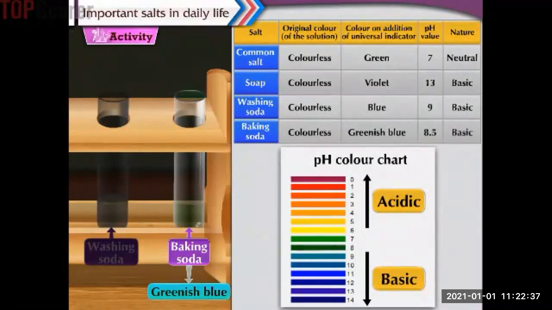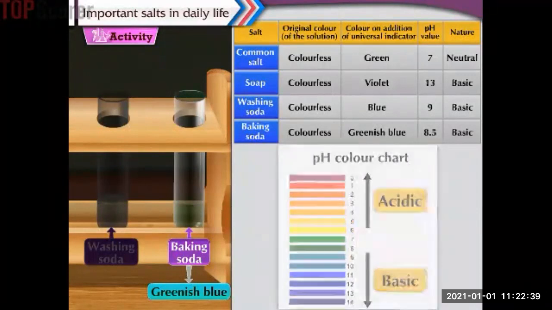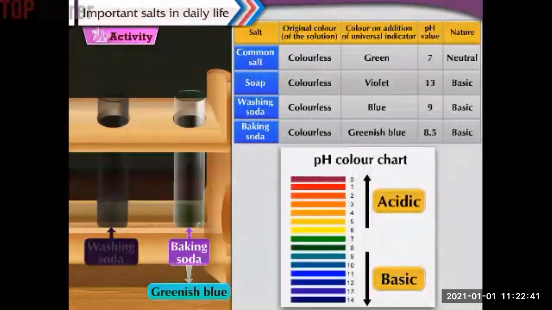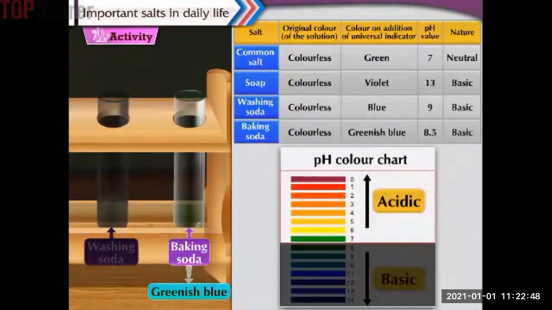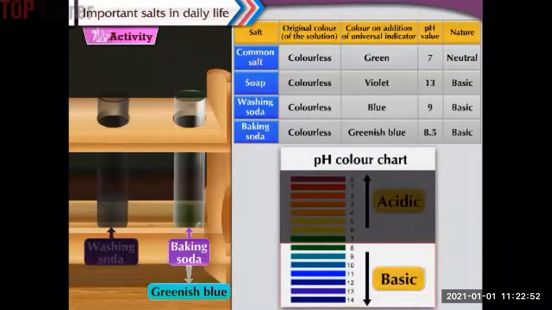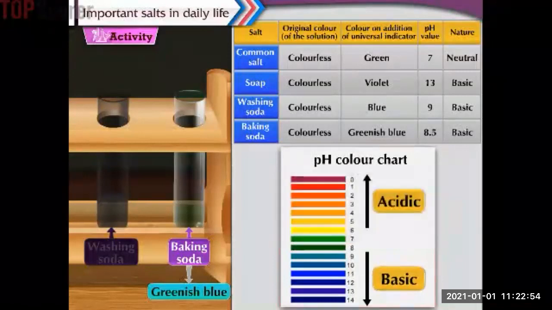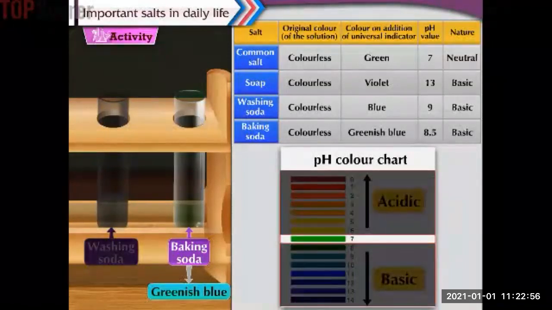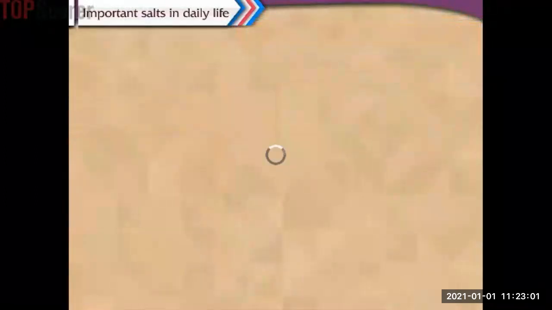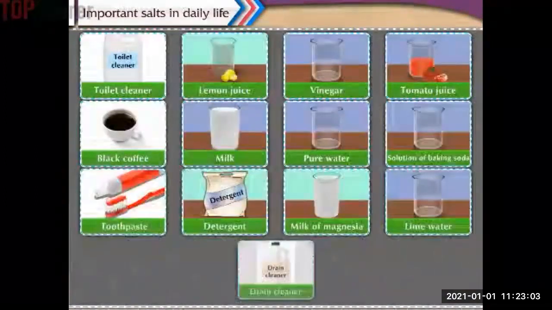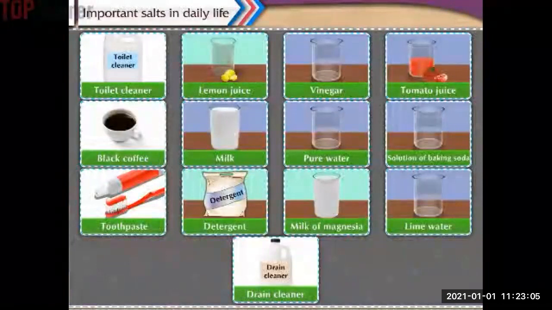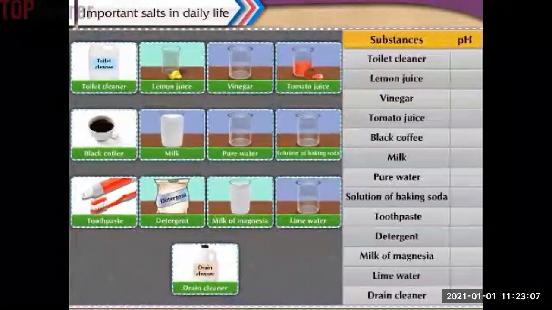From this activity, we understand the use of pH color chart for determining the pH of various solutions. If the pH of the solution is less than 7, the solution is acidic. If it is more than 7, it is basic. And if it is 7, then the solution is neutral. Now let us make a list of a few substances in day-to-day use in accordance with their pH value from